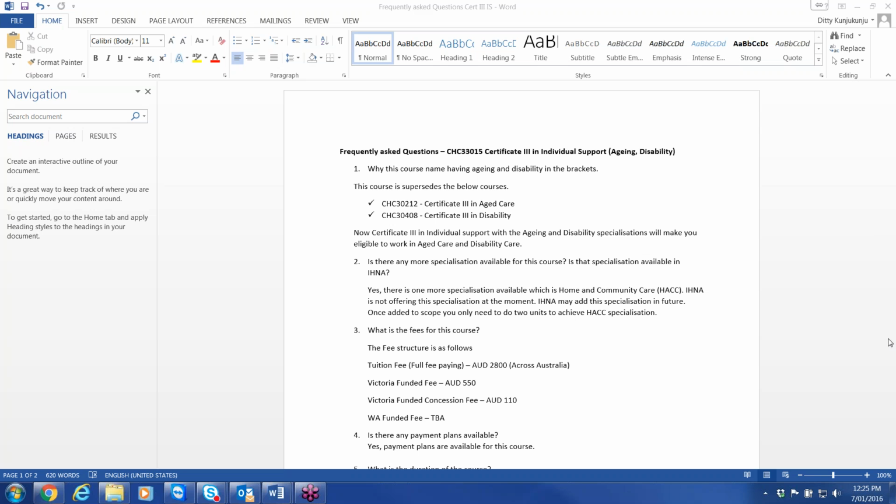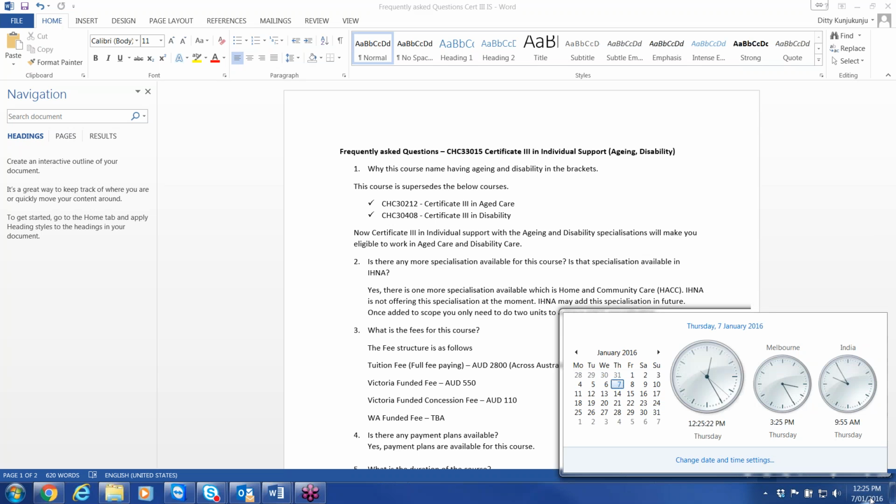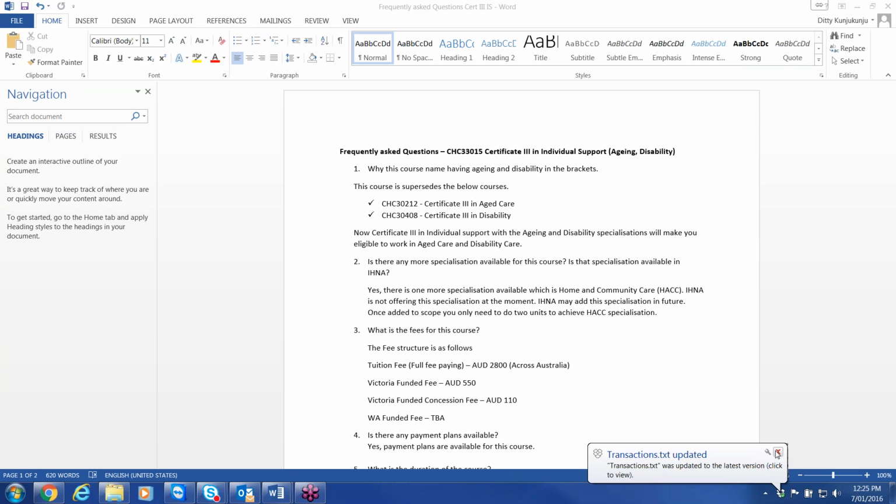Someone is asking, is Academic Hub ready with the documents and assessments to start the course? It will be ready on 18th of Jan. Probably I'll do one more training next week, somewhere on 14th or 15th, where all the trainers will be trained on how to go through the assessments and everything. All units' assessments are ready; we are adding them to the Academic Hub